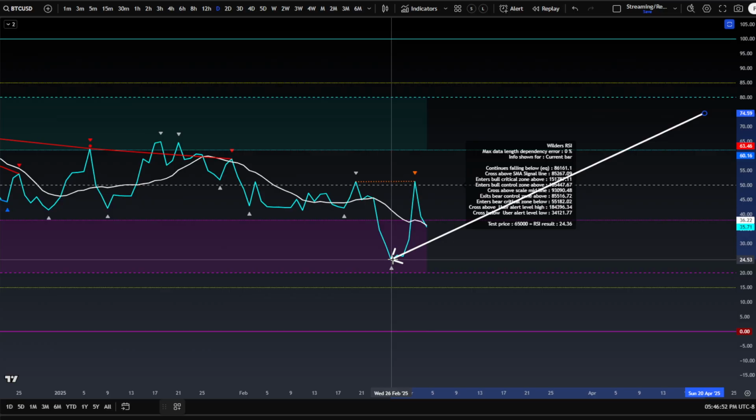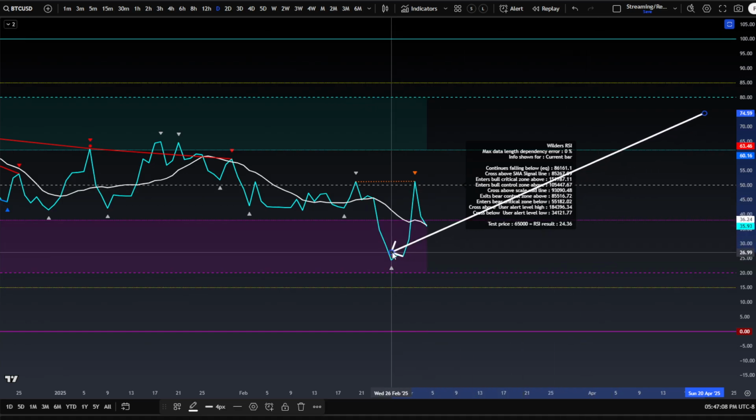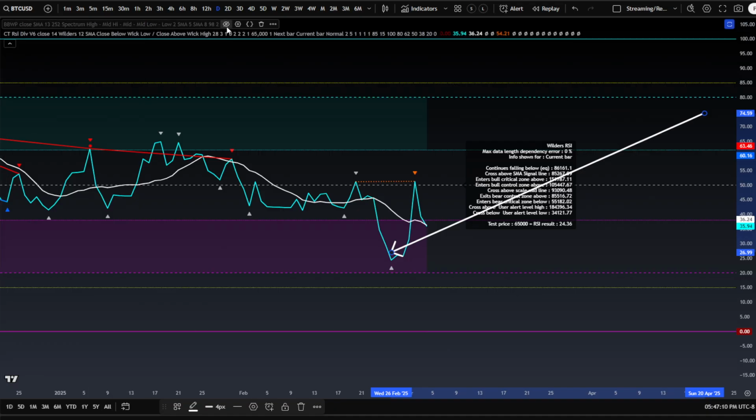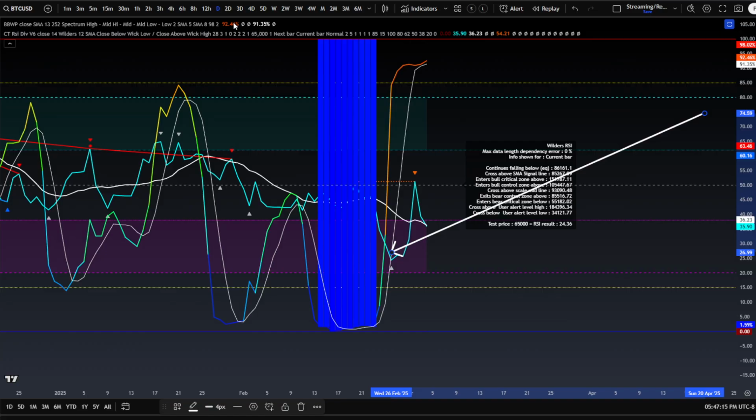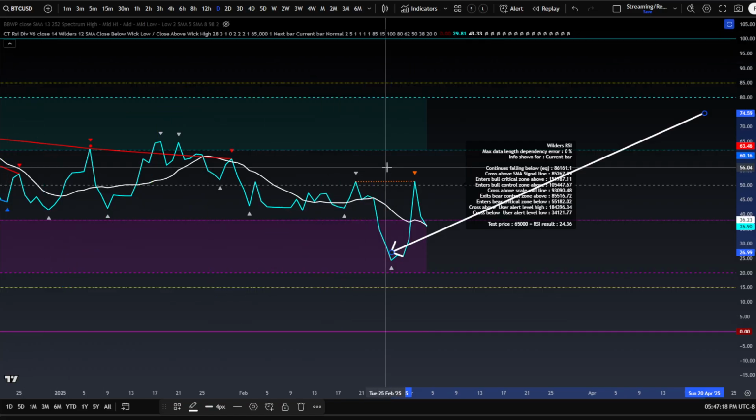I'm curious, what does it have to close above to actually throw bullish divergence? Now, regular bullish divergence would imply lower low closes. And if it is holding the wick lows at 78, it does get a lower low close, it still could throw bullish divergence. So let's go ahead and look at this read here for RSI and get an idea and start planning ahead. Oop, that's not what I wanted. I just wanted to turn this on so I can get that read. It is at a 24. So we'll say it needs to close above a 24.5 or 25.